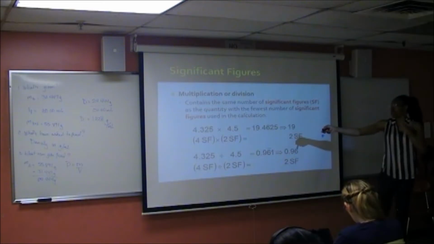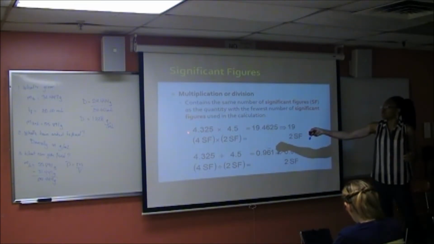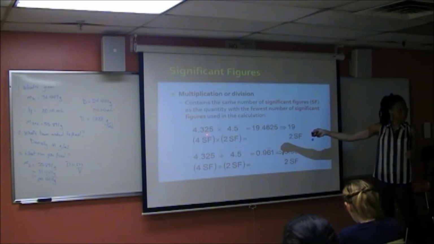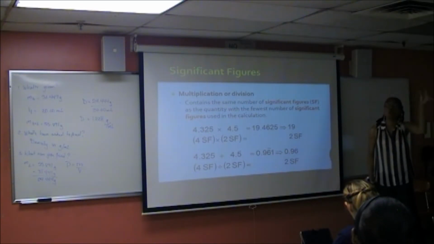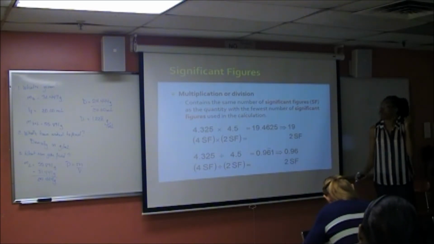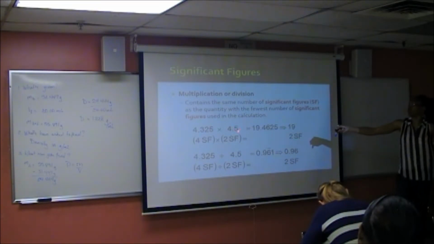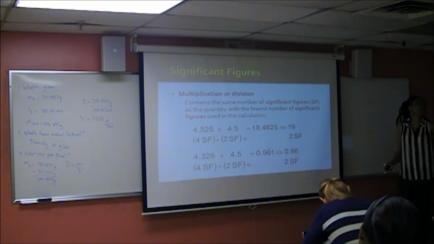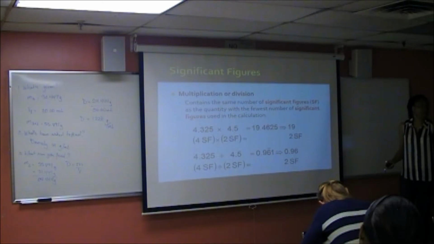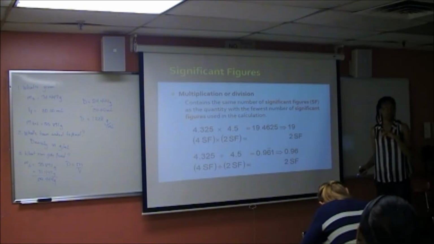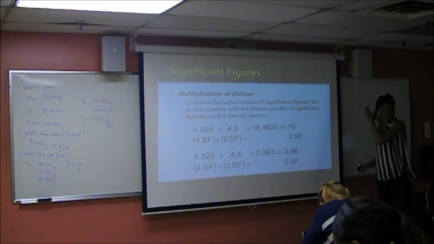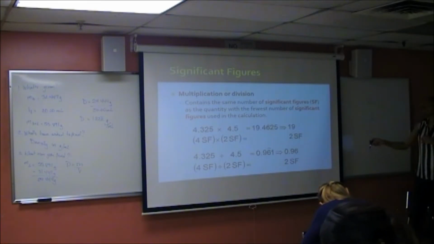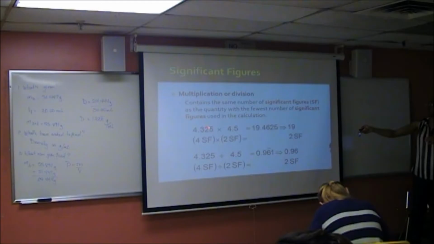So here, how many significant figures do we have? 3. Listen to what I said, in the whole number. Oh, 4. Over here, 2. So therefore your answer needs to have 2 significant figures. So for multiplication and division, you look at the whole thing, and for addition and subtraction, just after the decimal. Now, when we multiply these two numbers,